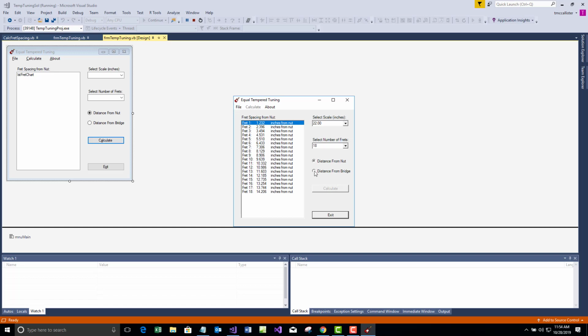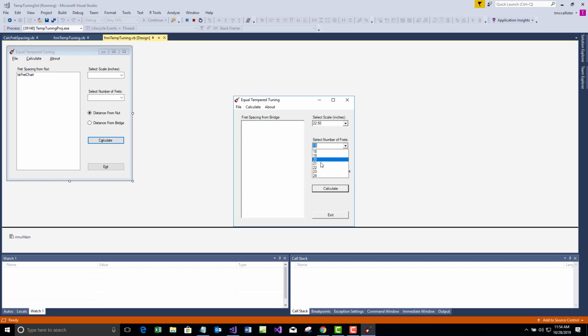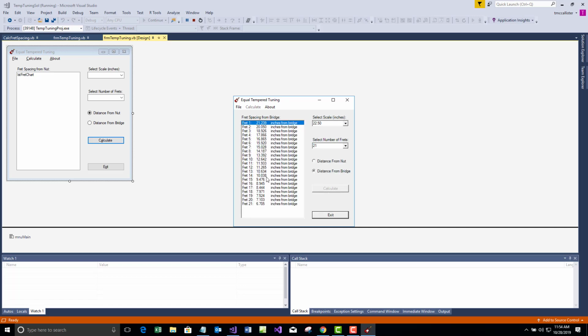If I click here, it deletes everything, okay, because I've changed the calculation, so you don't need to have old data sitting around there. Notice that now the calculate button and the menu item are enabled. See that? If I change anything here, it deletes the old calculations. All right. And I can go all the way up to